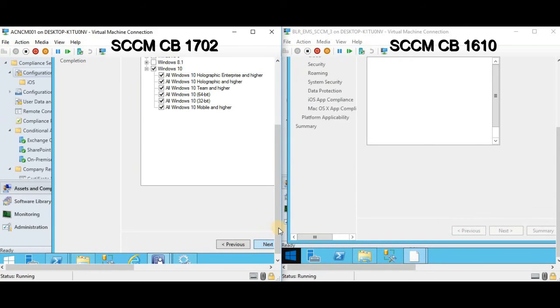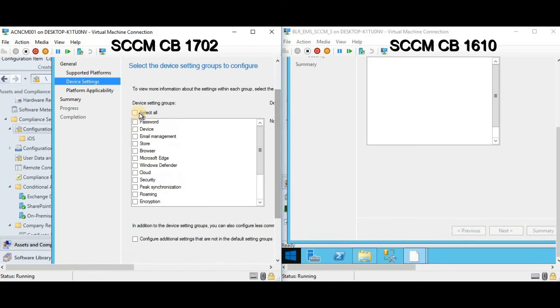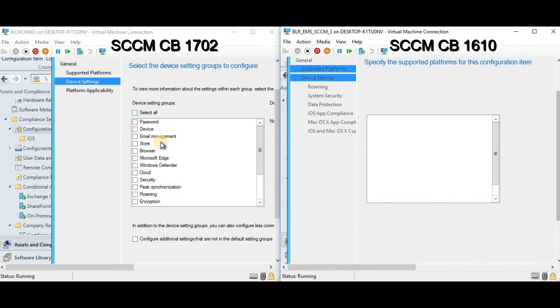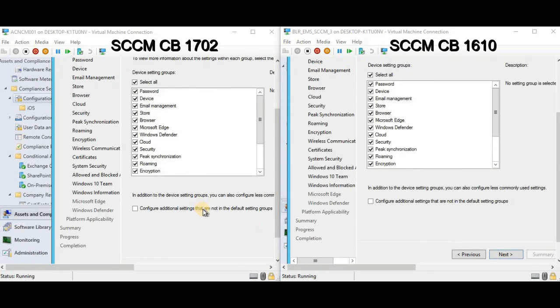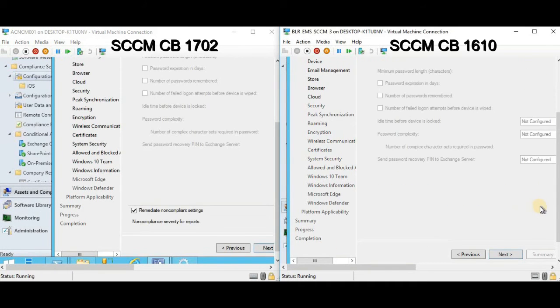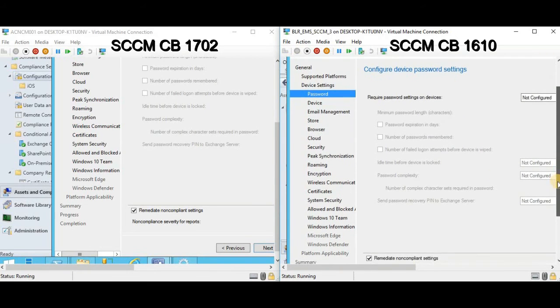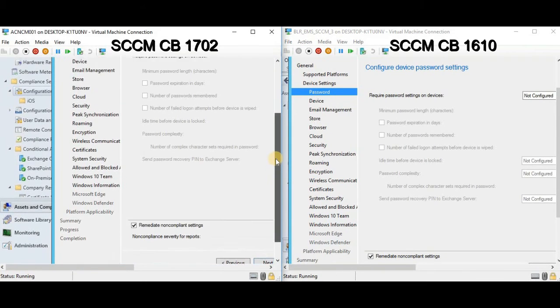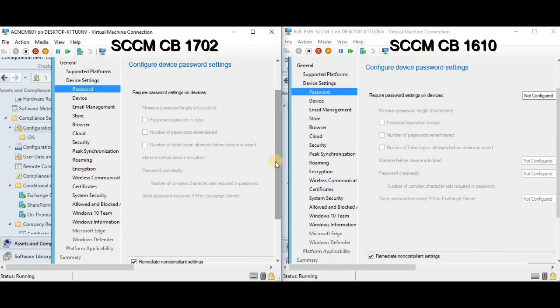What I will do is select all for Windows 10, so I will say next and next. Then I will check what the differences or additions are in 1702. So device, if I go to device,